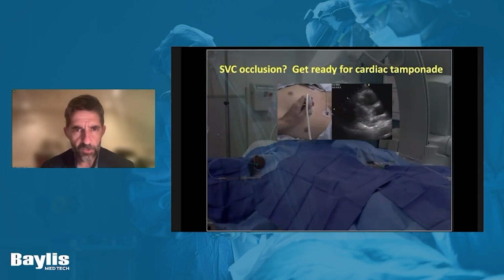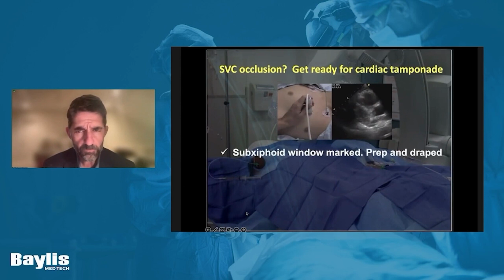window to get access to the heart. We like to mark, prep, drape, leave everything ready. We have a curvilinear ultrasound always turned on. The ultrasound machine is always turned on. And the pericardium tray is always available, handy. And the team knows exactly what to do in case we have any complication related to our